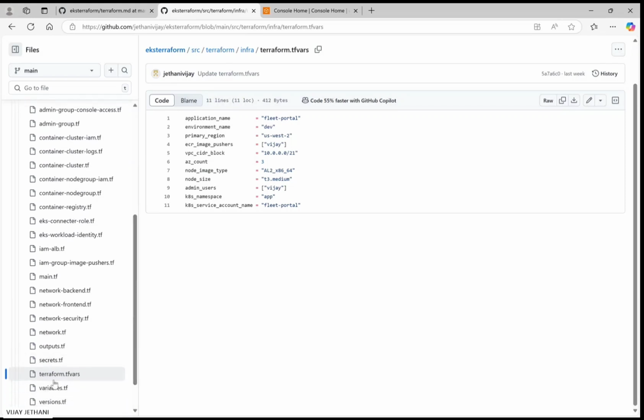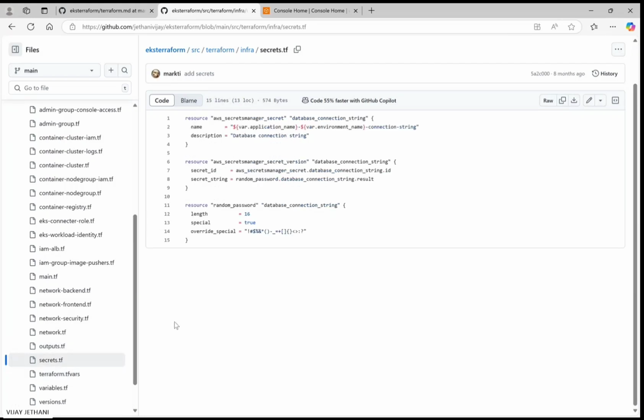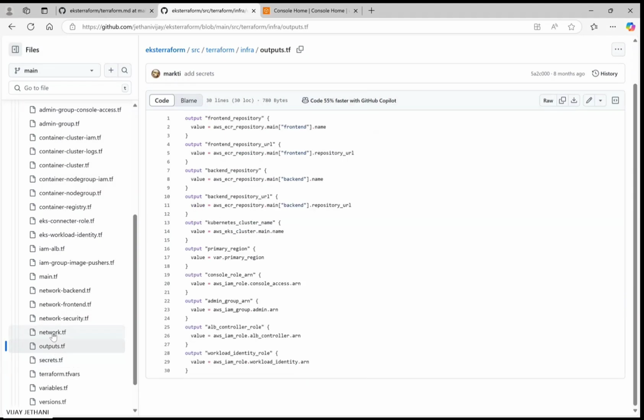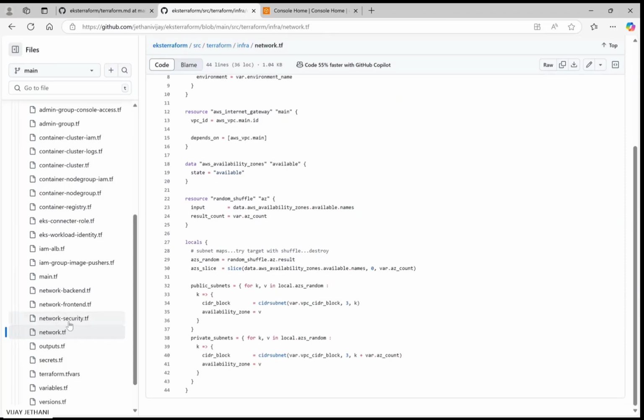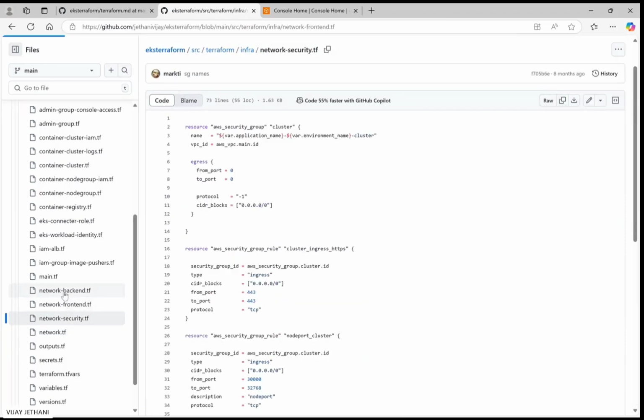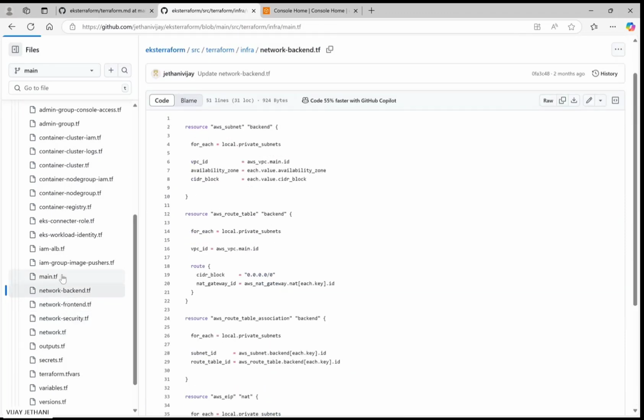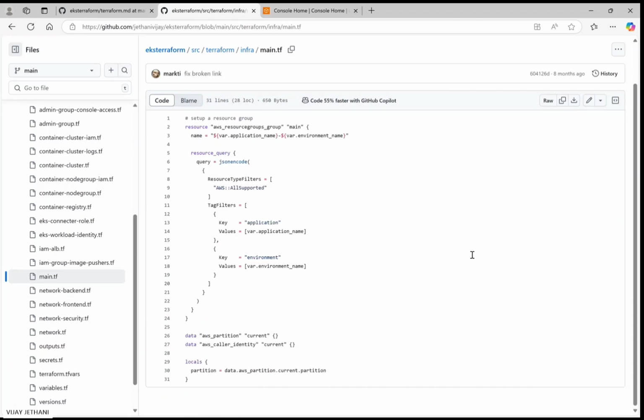So these three files were important, which I'm showing. Other files also you can go and walk through. What are we going to set into that? Everything you will see, what specific resources we are setting up, like network, similarly security, front end, back end, and main is the file which is